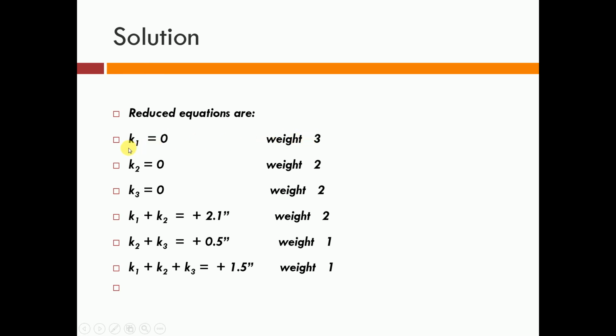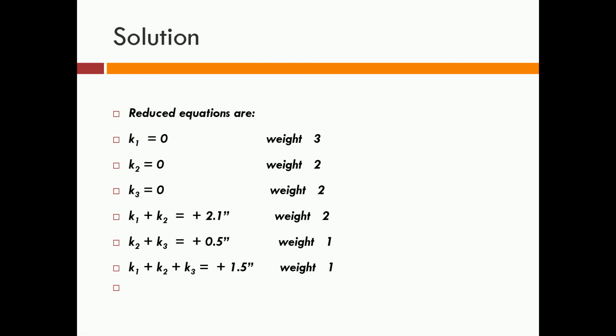So, if you form the normal equations, how many unknowns are there? There are 3 unknowns, K1, K2 and K3. Therefore, you will get 3 normal equations only. Number of normal equations is equal to the number of unknowns. So 3 unknown quantities are A, B, C. Therefore, there will be 3 normal equations. K1, K2, K3 are the corrections for the unknown quantities A, B and C respectively. So, to form the normal equation for K1, consider the equation in which the K1 term is there.